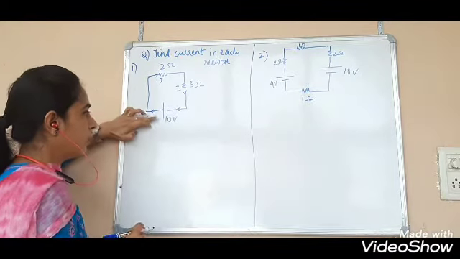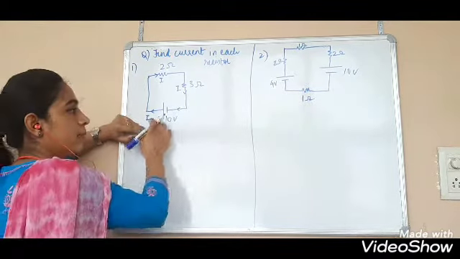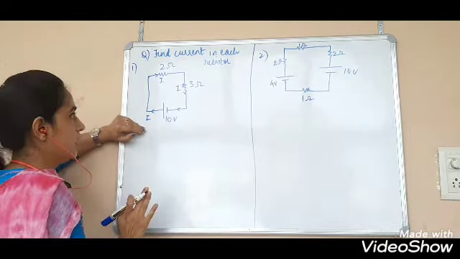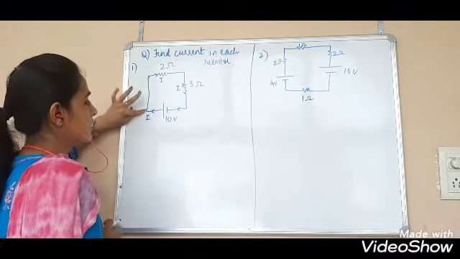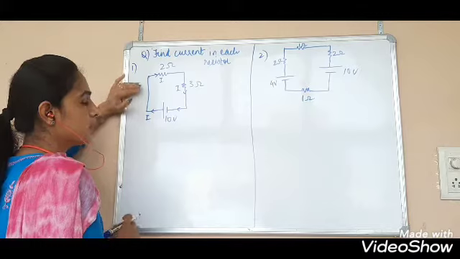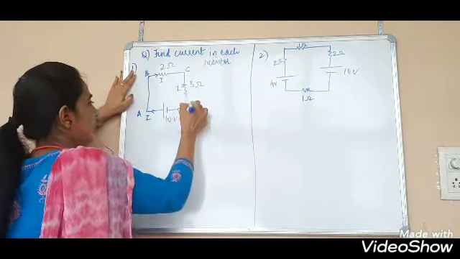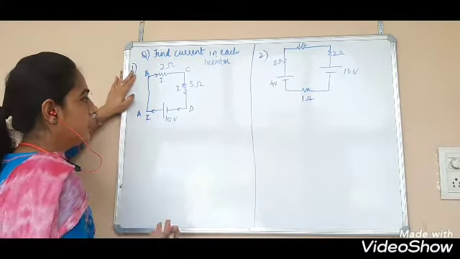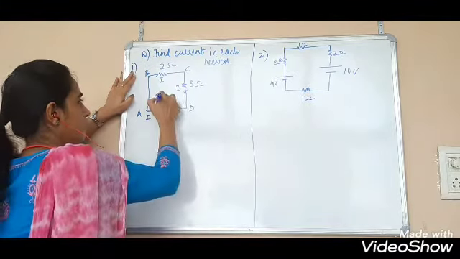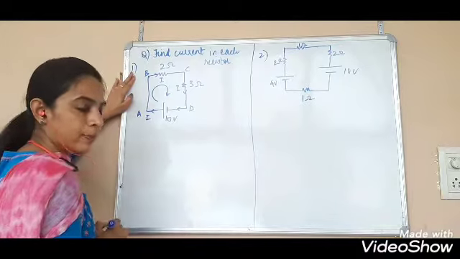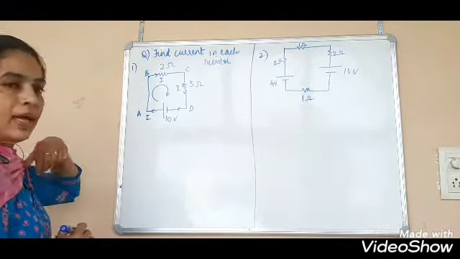Remember, whatever current you draw from a cell, the same current has to be returned back to the cell. Okay, this is the first step. Then the second is choosing a loop. So A, B, C, D, A. You can name it any way. Third is choosing the path. I am taking the clockwise path. Then the fourth is to apply KVL.